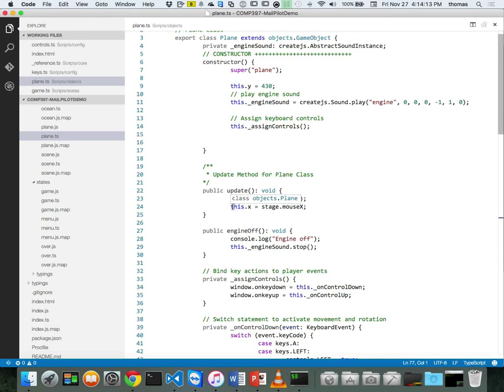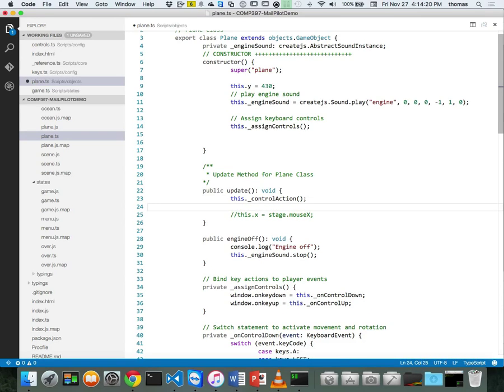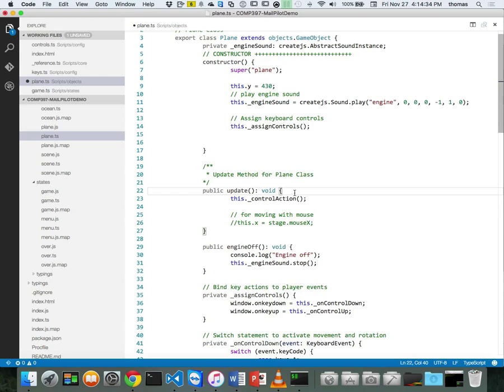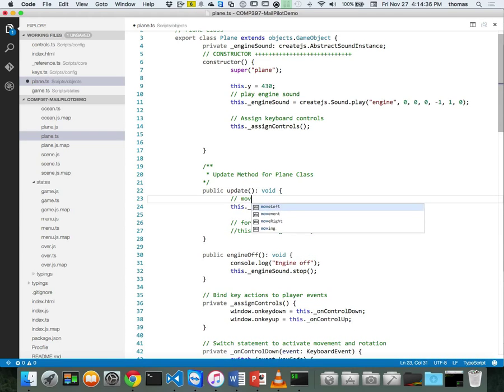So where it says this.x stage is stage mouse X, I'm going to get rid of this. I'm just going to comment it out and add a comment that says for moving with mouse, right? And then I'll say this is for moving with keyboard, because I'll have either one. So I got to get rid of my mouse commands, right? So that, do this, and then